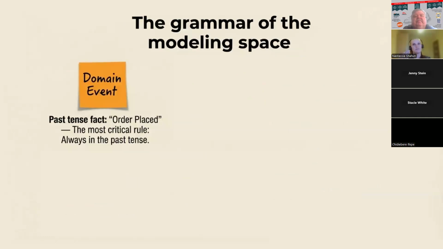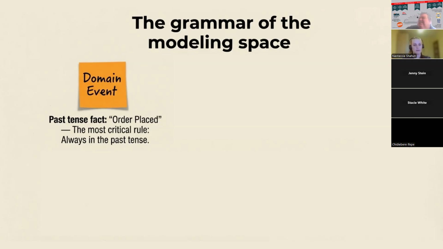Now, when we know what event storming is and when it's useful to use or not, it's important, and I would say crucial, to understand the grammar, the language of this technique. So the heart of event storming is the domain event. That is the most important node on the board. You can see it's always orange, and it should be written in the past tense. That's the key thing here: something that has already happened. For example, order placed, payment failed, account approved. You can see the formula, right? It's a noun plus a verb in the past tense.